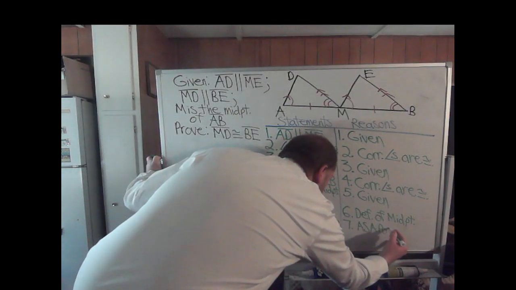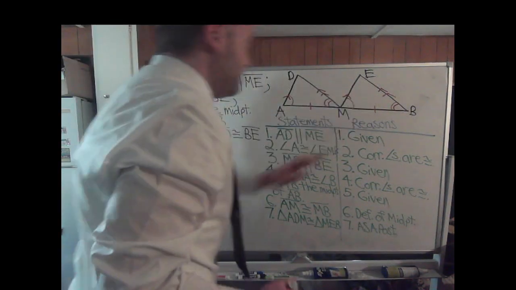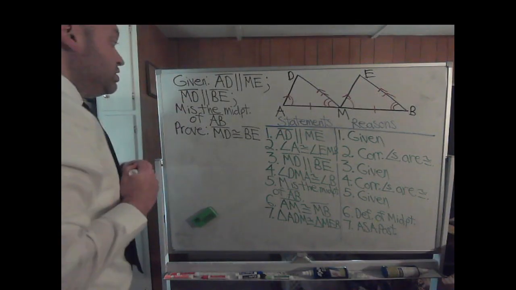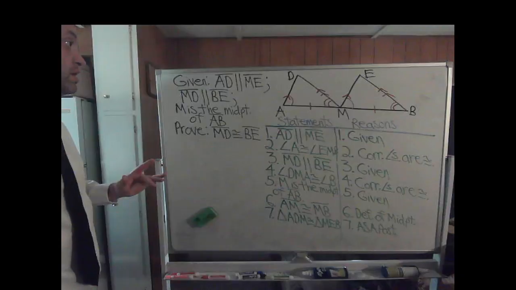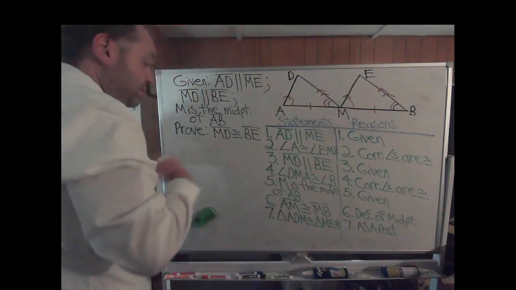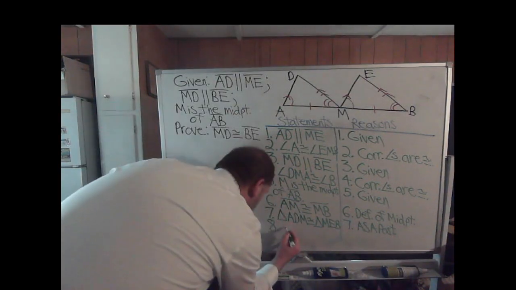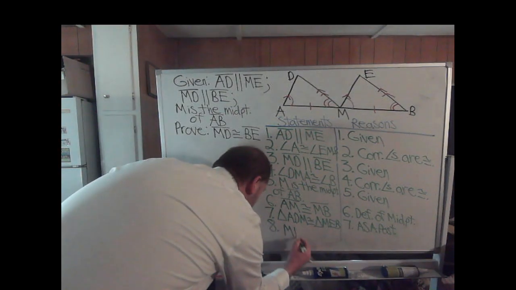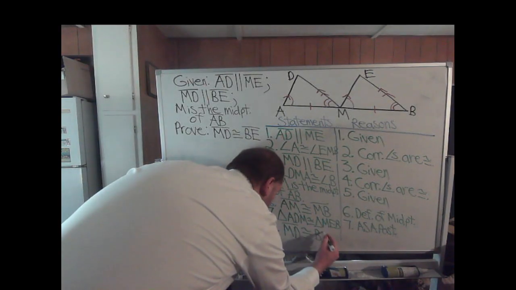This one is by the angle, side, angle postulate. These two triangles are now congruent, which means that now that we've proven the triangles congruent, we can prove that MD is congruent to BE by the lovely CPCTC. Corresponding parts of congruent triangles are congruent. So MD is congruent to BE